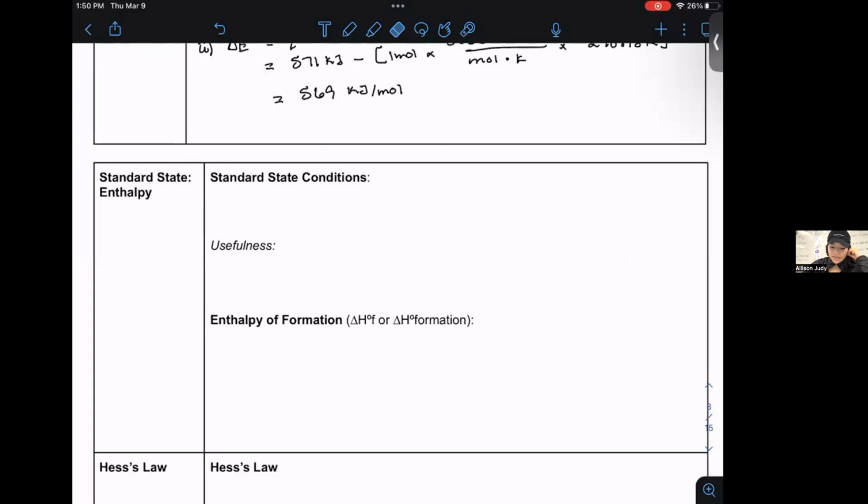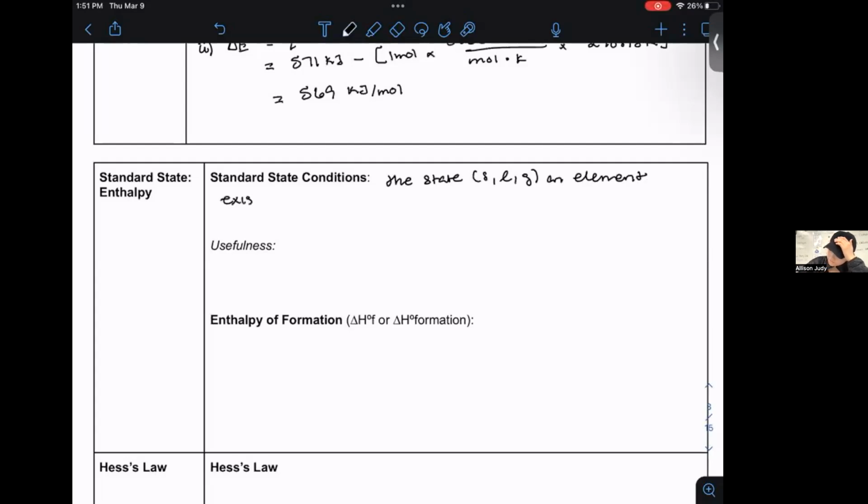So first and foremost, you need to recognize that we tabularize data. We test things under the same conditions so that we can create a table of data values to make comparisons between processes or compounds. Those conditions that we tend to test things under are known as standard state conditions. And standard state is defined as the state, as in solid, liquid, gas, right? Solid, liquid, gas. An element